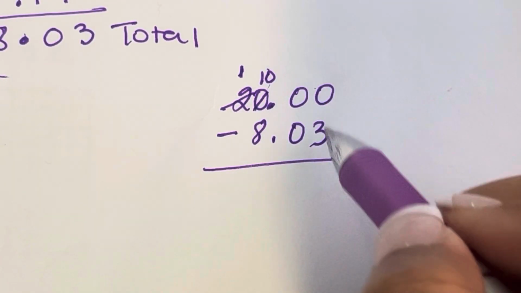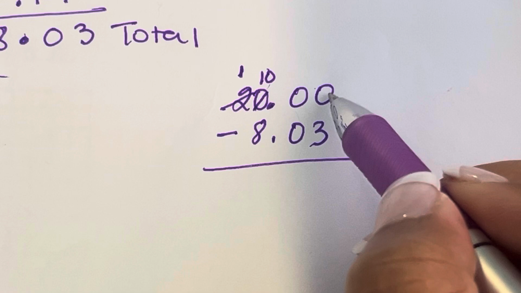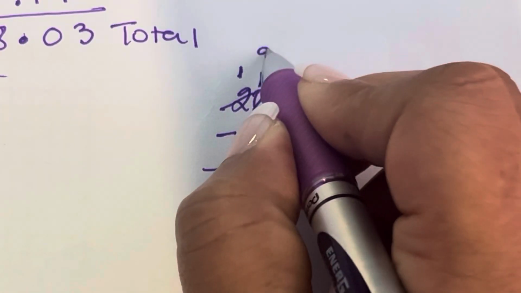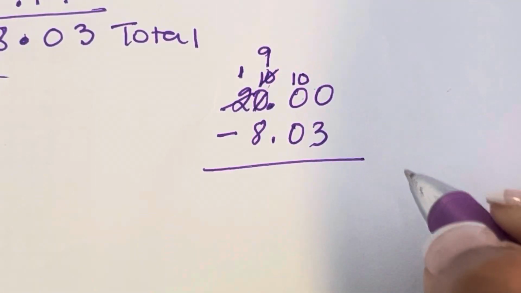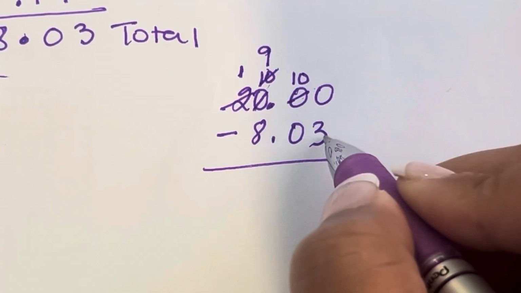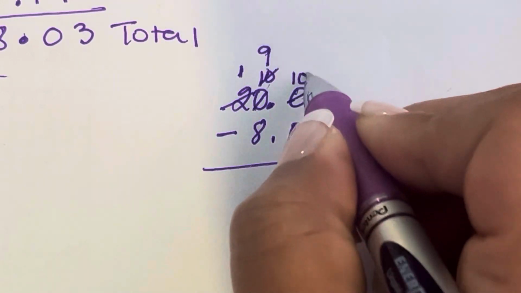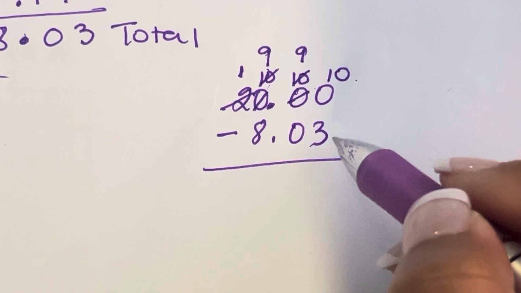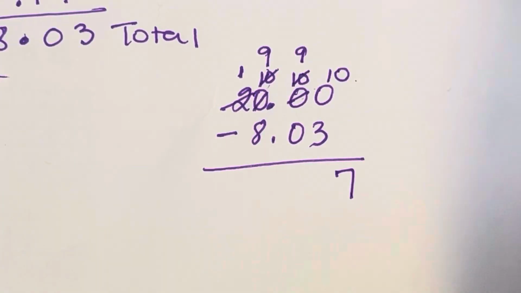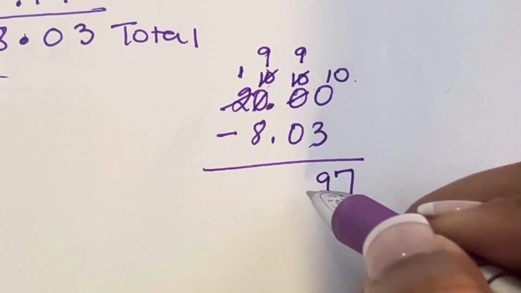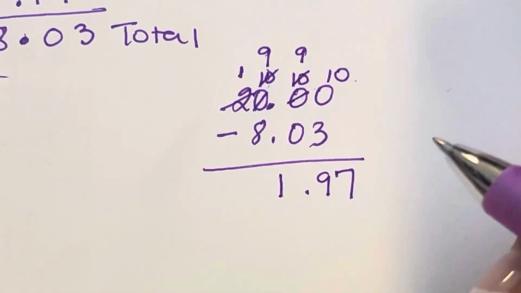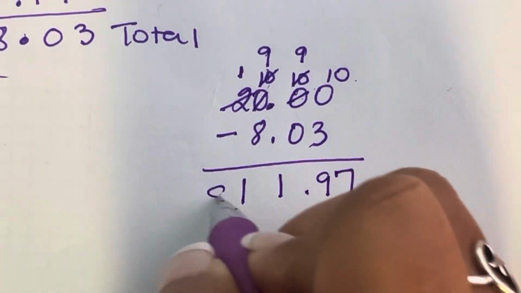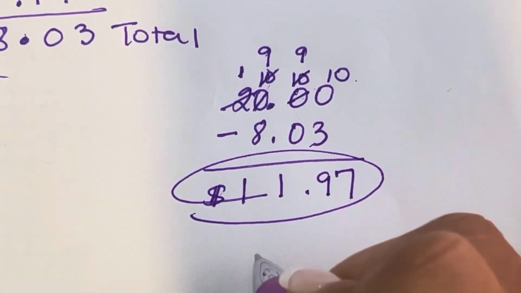Now we can subtract. No, this one has to borrow here. This becomes a 9. This one becomes a 10. Now we can subtract. No, this one has to borrow here. And this one becomes a 10. Now we can subtract. 10 minus 3, 7. 9 minus 0, 9. 9 minus 8, 1. And 1 minus 0 is 1. Okay, so total change was